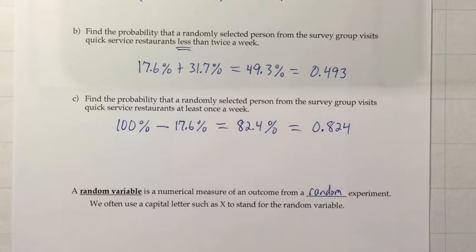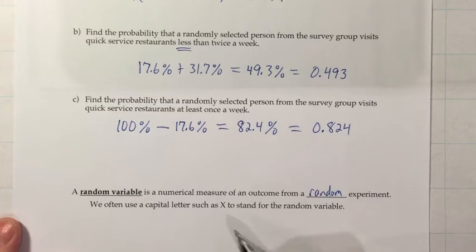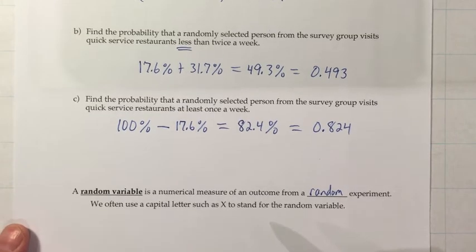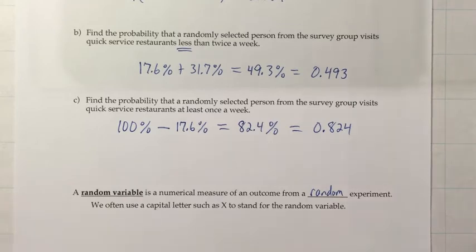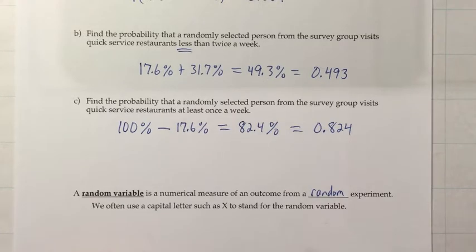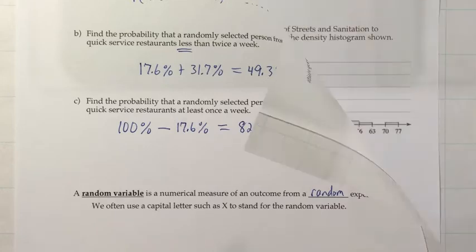So for example, a while ago we were talking about rolling 2 dice and looking at the sum. One of the things you could do with a random variable is say let X be the sum when you roll 2 dice. And then if we happen to roll a 2 and a 5, we'd say X equals 7. If we happen to roll a 6 and a 3, we'd say X equals 9. But how you figure out X is not to solve an equation, it's to do the experiment, to roll the dice and see how it turns out. So that's how random variables are set up and how they work. So we'll look at an example of that on the next page.